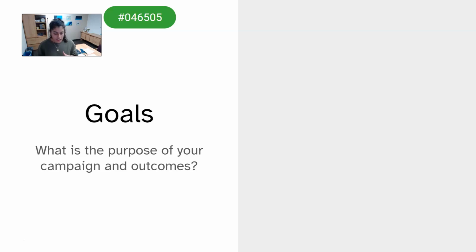And so the first thing in that worksheet is actually writing down, what is the purpose? What are some of these big picture goals that we're really thinking about? And so if you're helping me with PR on this launch for this advising blog, I want you to go ahead and write down what you think some goals would be, right? I hired you to really help me figure this out.